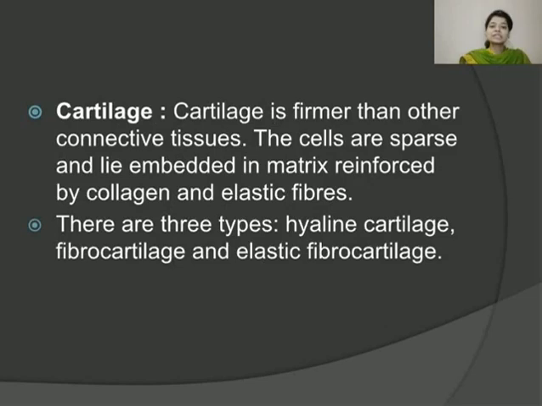Now coming to your cartilage. So cartilage is a firmer kind of tissue as compared to other connective tissue. The cells are sparse and they lie embedded in the matrix, reinforced by collagen and elastic fiber, right? So this is a kind of stiff tissue basically, you can say. Cartilage can be further subdivided into three categories, one being your hyaline cartilage, second being your fibrocartilage, and the third